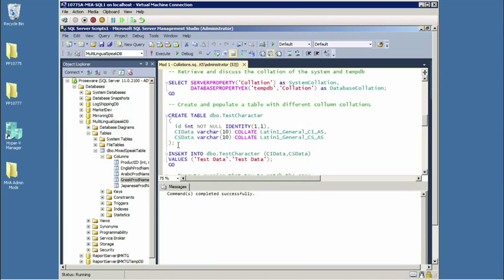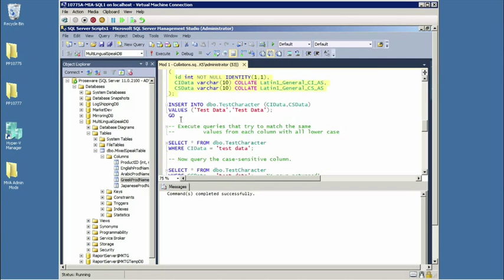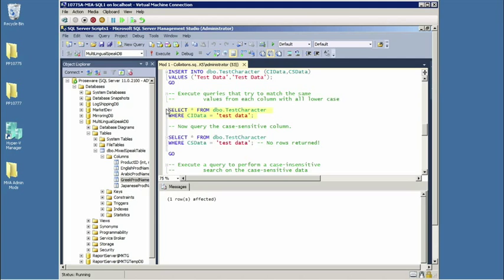I'm going to create a table. And if you observe carefully, once again, I'm using per text column collations, one being case insensitive and accent sensitive, and the other being sensitive to both. Two different collations, two different columns. That's right. So notice I'm inserting mixed case data into both of these. And now, querying the case insensitive data column, I'm going to query using text data that did not match what was inserted. Capitals in one, lowercase in the other.